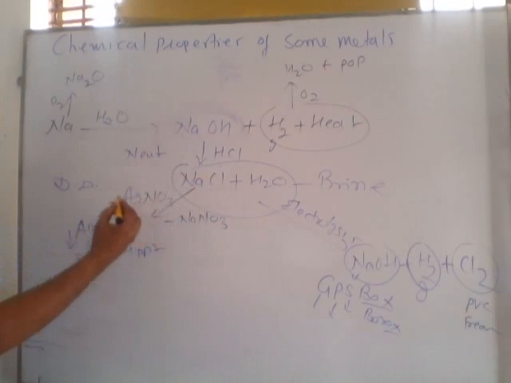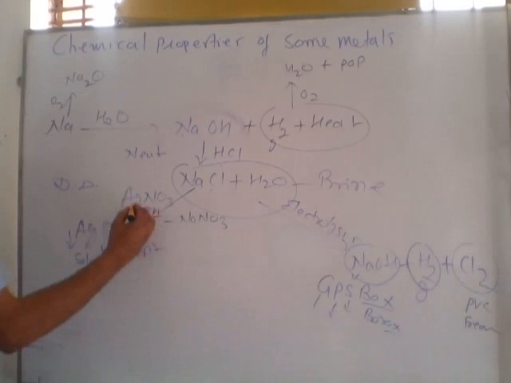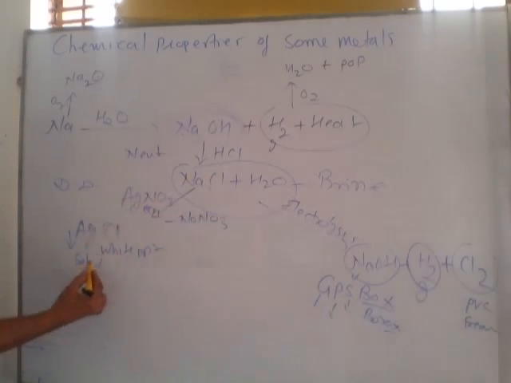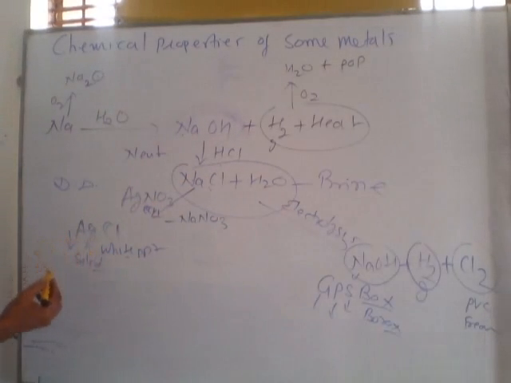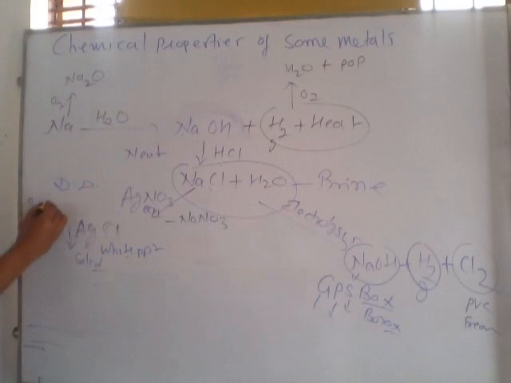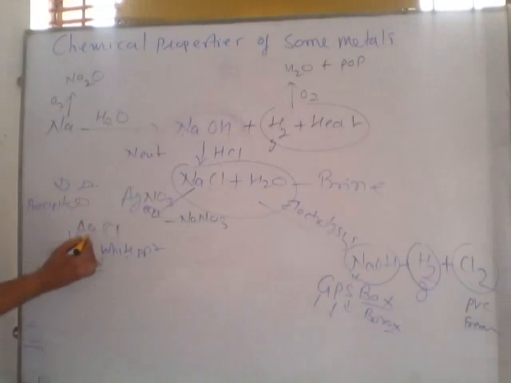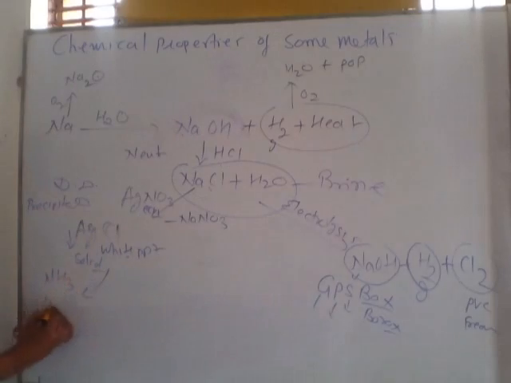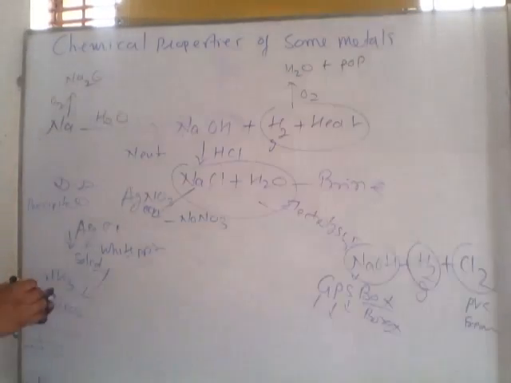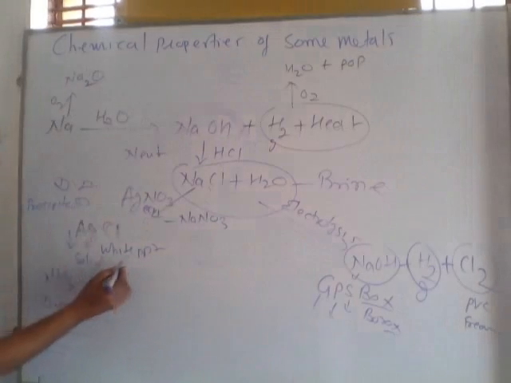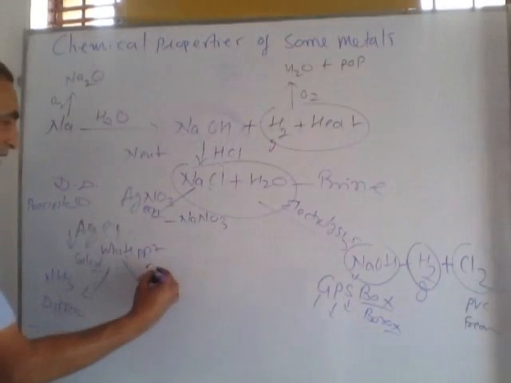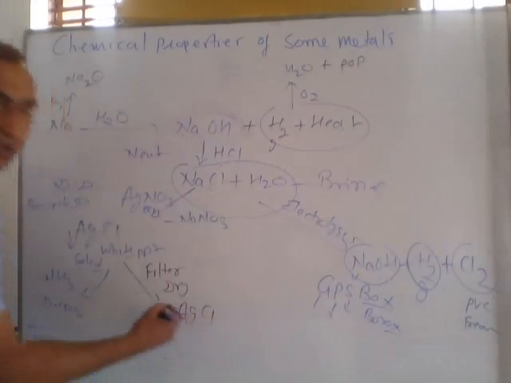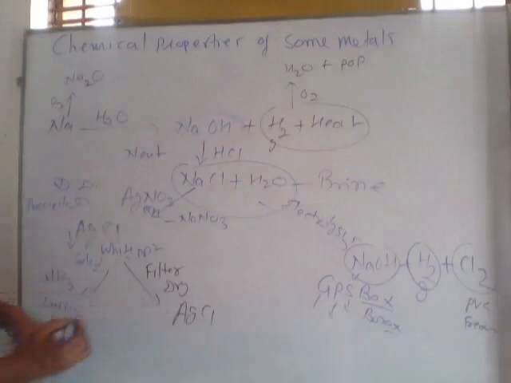After this reaction, the reaction of aqueous solution of AgNO3 and aqueous solution of NaCl, silver chloride forms as a PPT. When in any reaction a precipitate is formed, this is also called a precipitation reaction. If we dissolve this silver chloride precipitate in ammonia, it dissolves in the form of a complex. If we remove the PPT, we filter and dry this PPT. Now AgCl is the solid and dry white PPT.